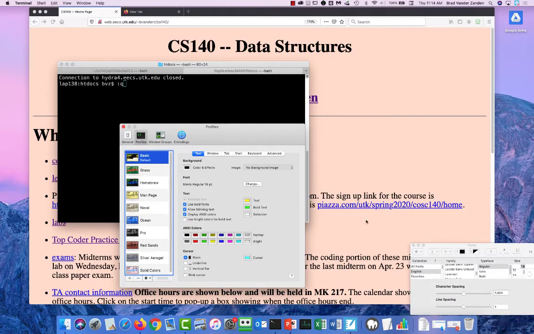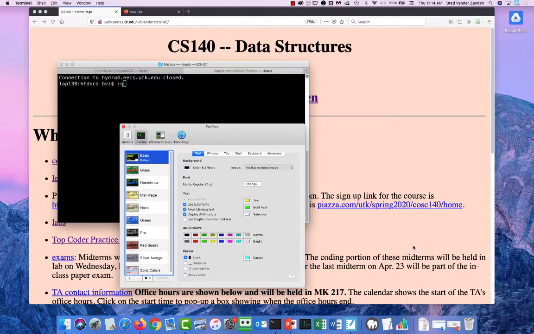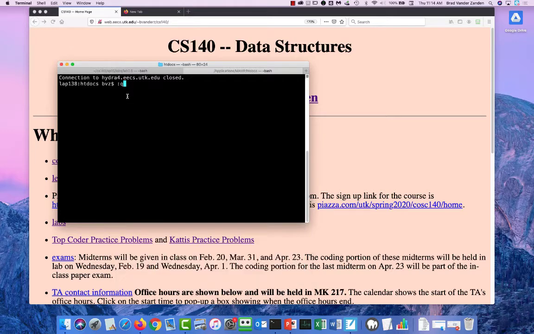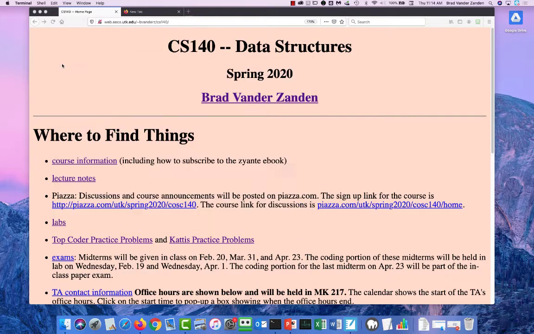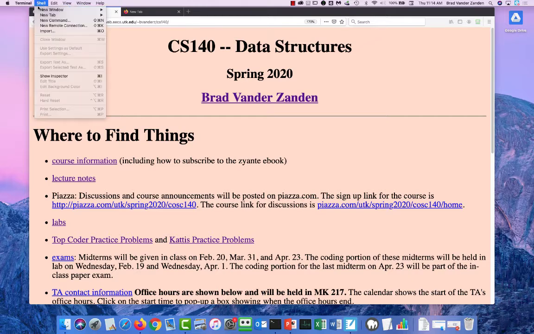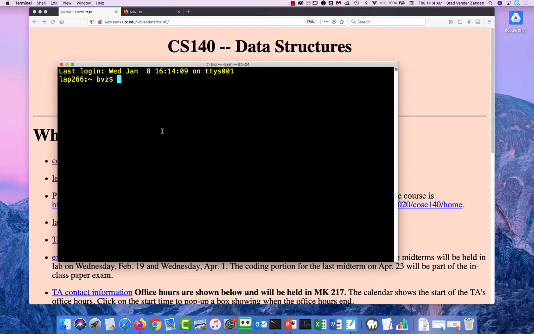Somehow 18 point just doesn't show up quite as well as it might otherwise. We got 24 point there, and that's not going to help right now, but it should help. There we go. Okay, so here is the website